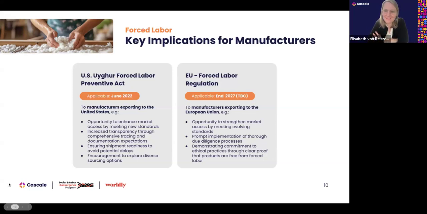So what does it mean again? The message is clear. Responsible business practices are no longer optional. There is now legislation in place regulating this space. However, as we said, it bears a lot of opportunities for new market access. And we now explore how these legal frameworks can be turned, in a very practical sense, into opportunities for positive change. And now a little teaser on how Higg FSLM and CAF can support you on your social compliance journeys. Thank you so much.